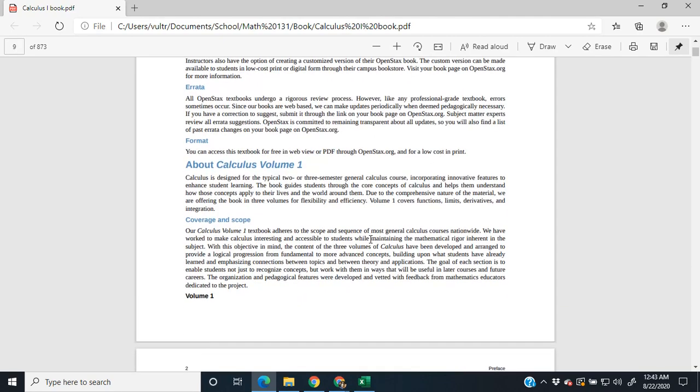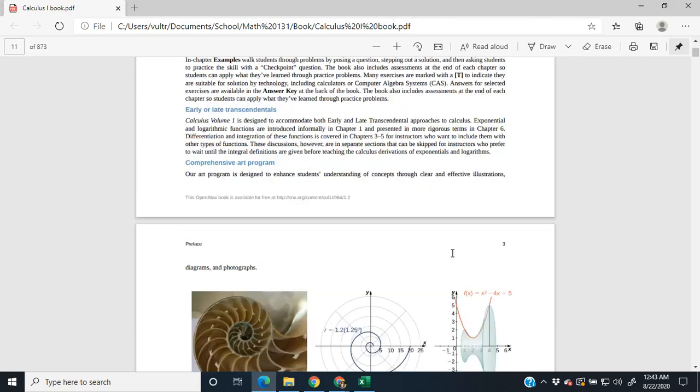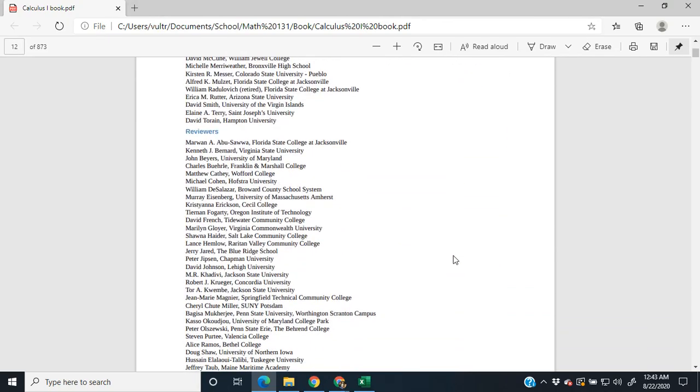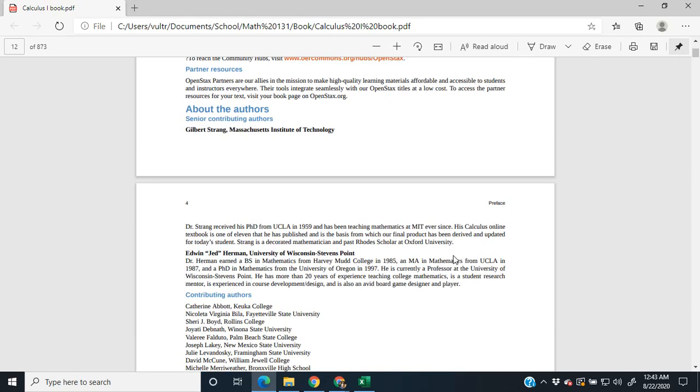But you can use this book and not have to worry about paying for it. And I'll be doing examples from this book. The videos will be using these book examples in general, unless I feel I need extras, and then I'll grab another source. I think I did that a couple times in some of the later videos that I've done.